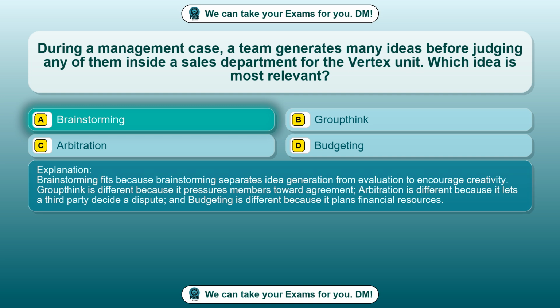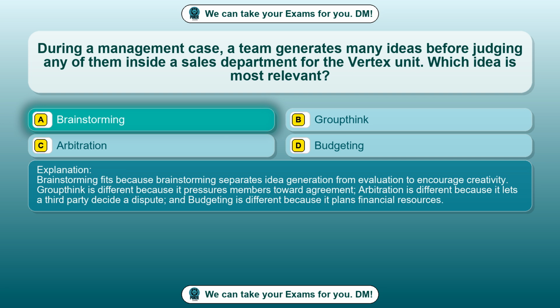Brainstorming fits because brainstorming separates idea generation from evaluation to encourage creativity. Groupthink is different because it pressures members toward agreement. Arbitration is different because it lets a third party decide a dispute, and budgeting is different because it plans financial